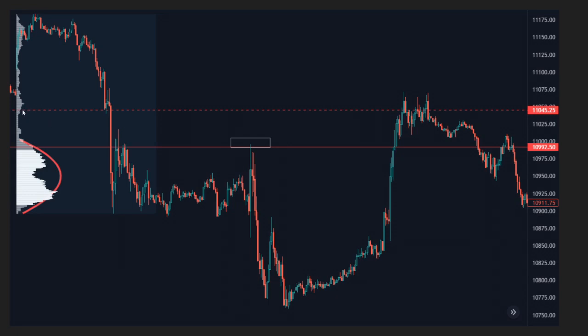Why did I choose this level then? The dashed red line at 11.05. Well, because it lies at the top of the low volume node. We can see why this low volume node is made. We get quite a sharp red candle or quite aggressive selling that is relentless. So the level or this dashed line lies above the low volume node and just below the high volume node